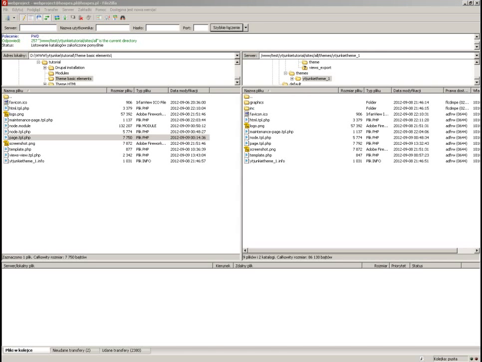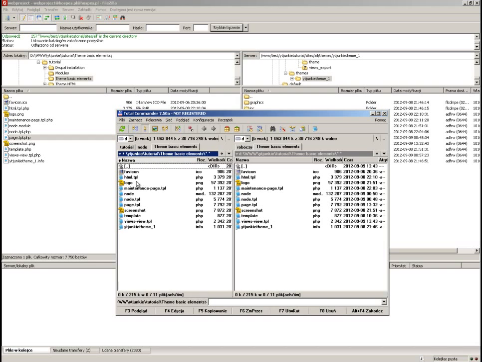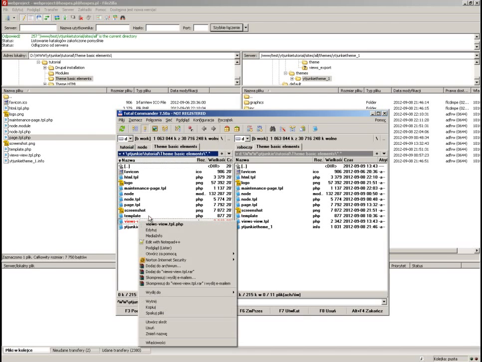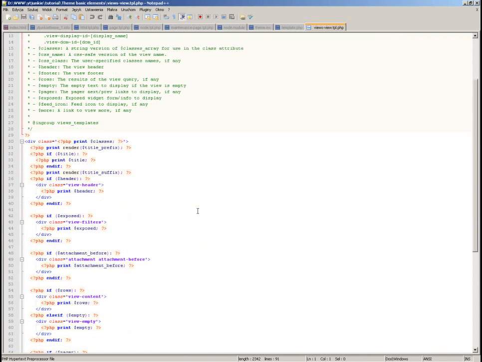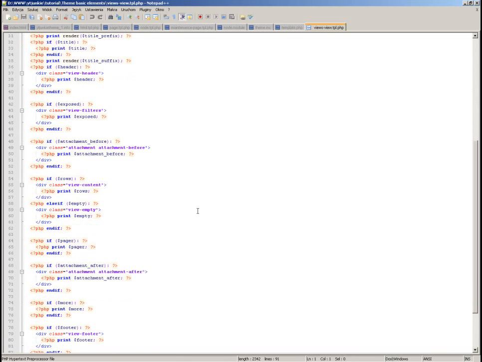Let's see how this view looks. So this was this file. Okay, so this is the structure of our view, and